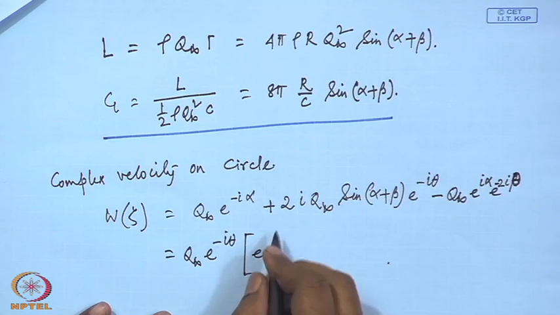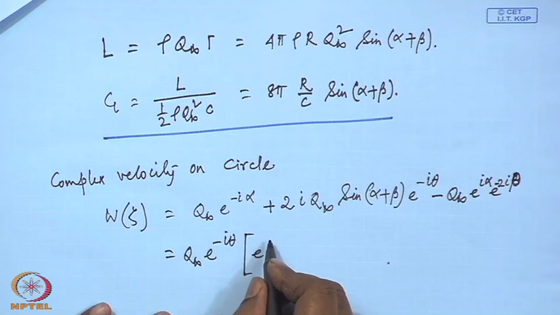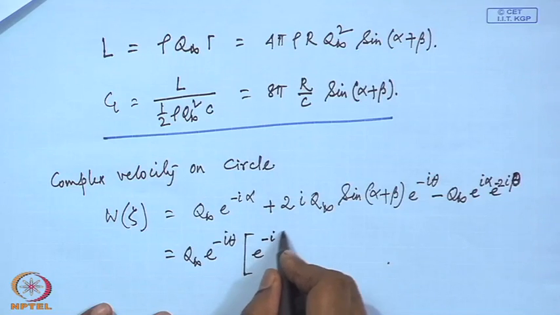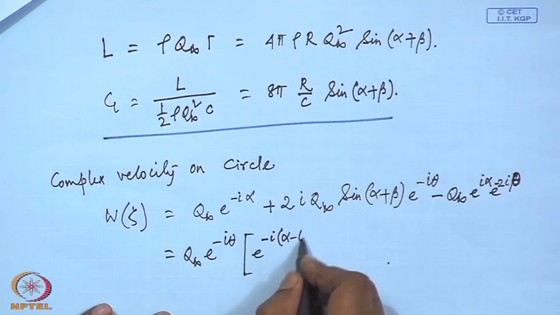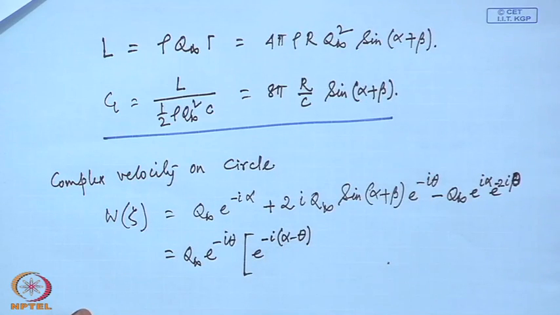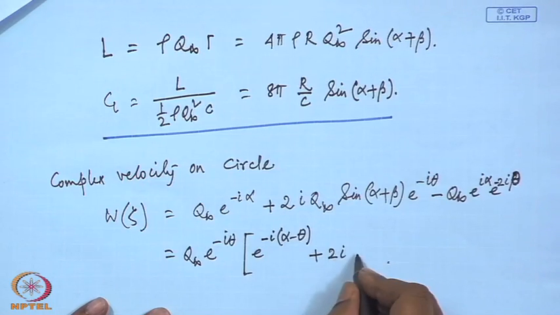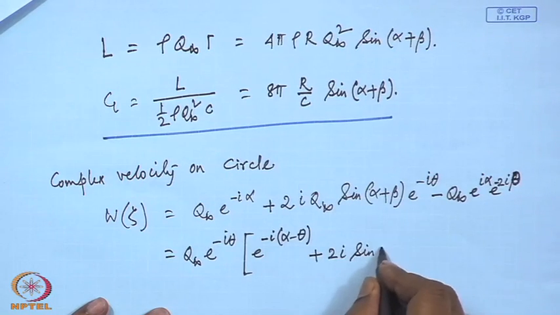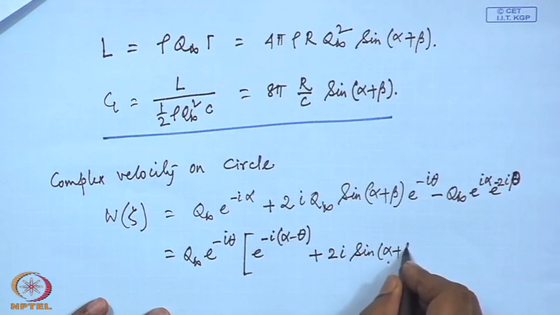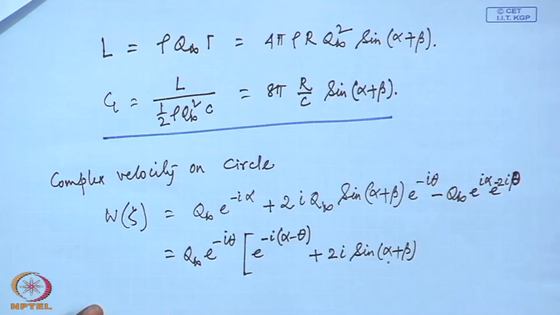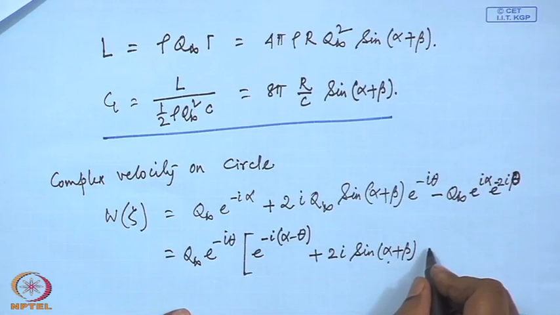E to the power minus I alpha minus theta. Okay. The second term remains 2 I sin alpha plus beta, and the last term remains